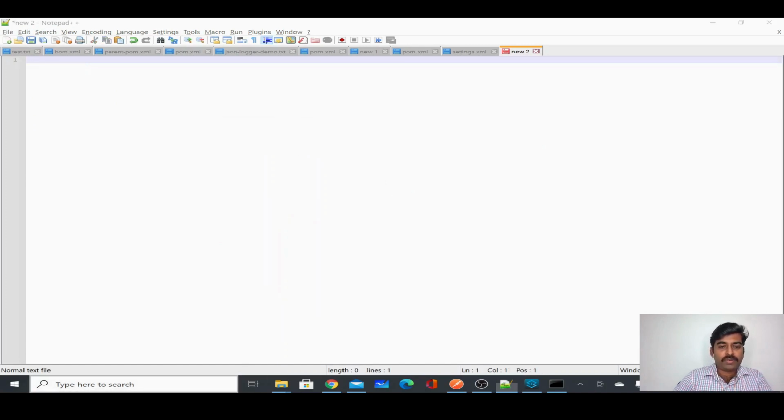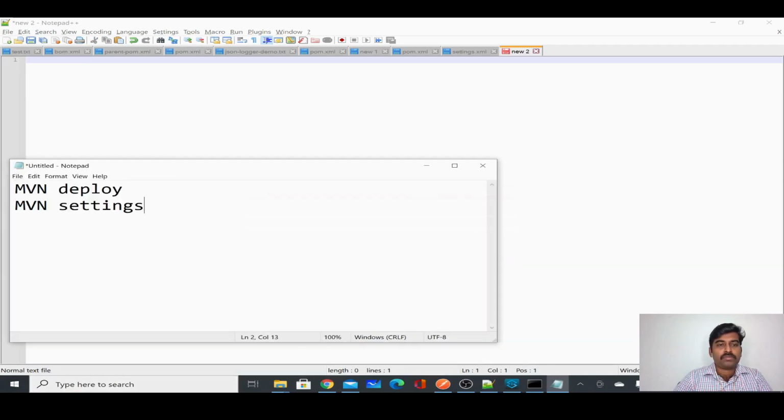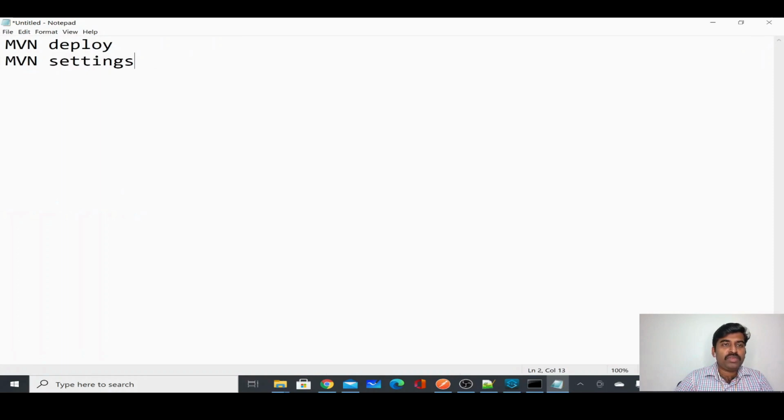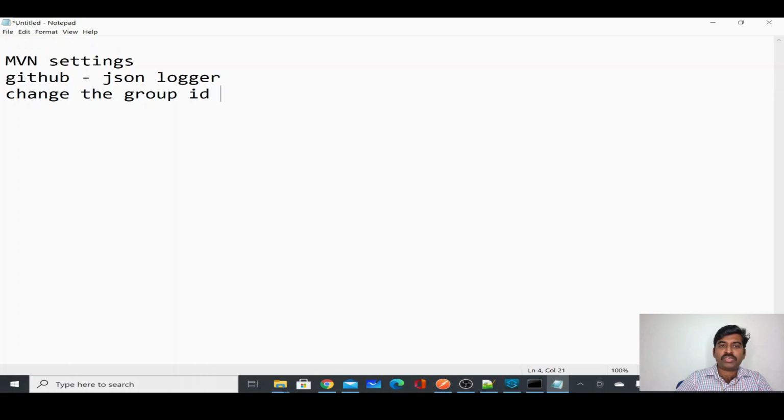We saw the mvn deploy command, how to configure the mvn settings file newly and add our server details, and how to download the actual source code for the JSON logger from GitHub. Once we downloaded it, we needed to change the group ID to point to our Anypoint platform. Only after that did we do a mvn deploy, which deployed it to our Anypoint platform. Then we created a project and used the JSON logger in our project.